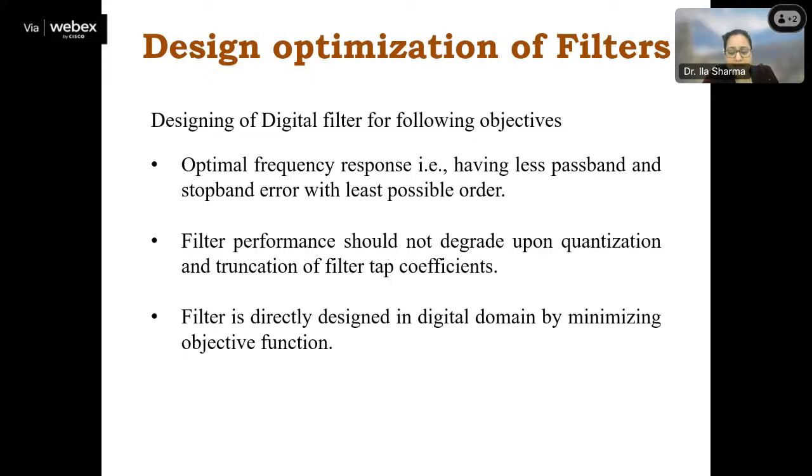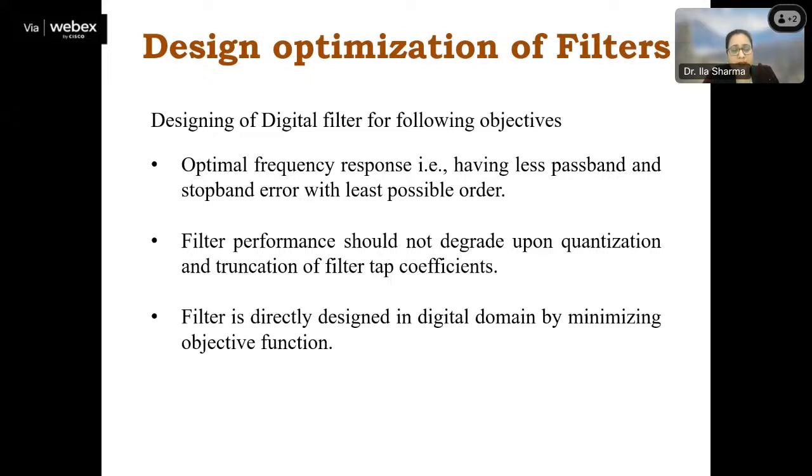Whenever we realize it, the continuous coefficients are converted to quantized coefficients. If you have observed, the coefficient values are generally in digital form, with many decimal points, up to the range of 10 raised to the power 12, 13, 14 and 15.